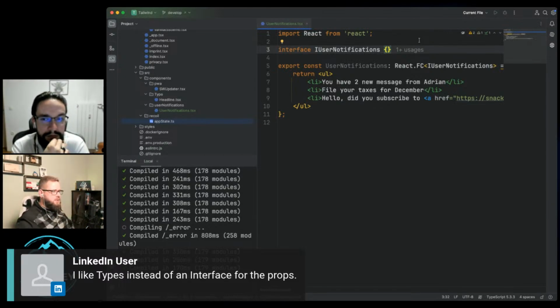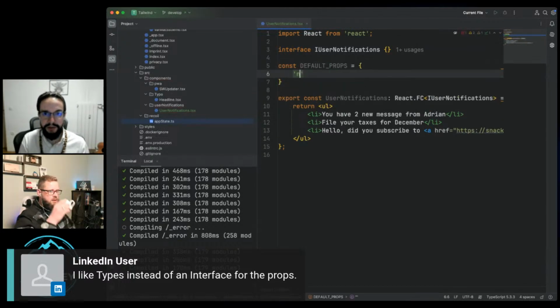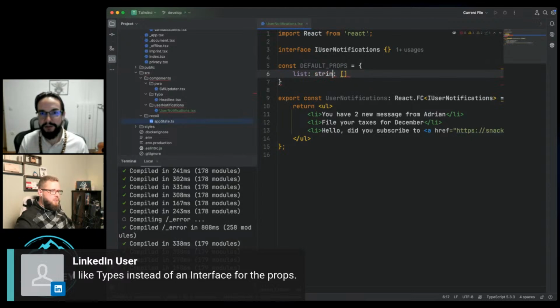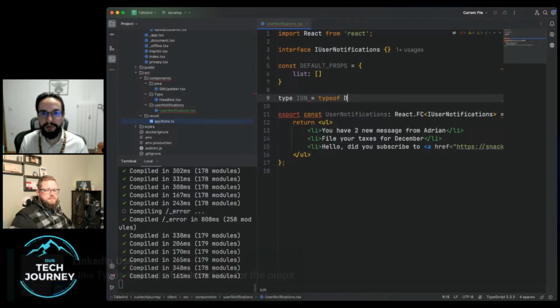Technically, it's possible to use types. I mean, you could also do something like this. You could also do default props equals, list equals array, and this is a string array. This is the inline definition, right? Yes, and then you can say that the type equals typeof default props.